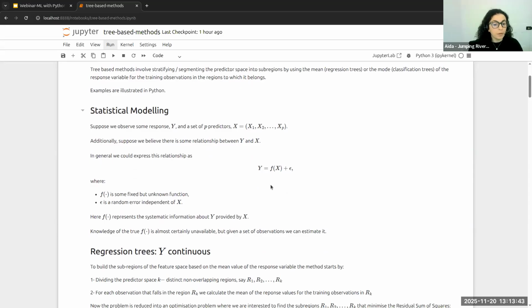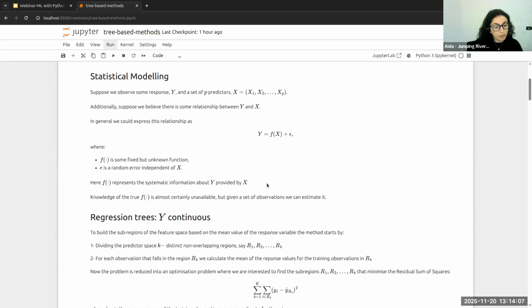And we are interested in the estimation of this function f, which could be a linear type of estimation. So the relationship between the x variables and the y variable could be linear. If it is not linear, then you can approach the problem by applying some polynomial regression or logistic regression and so on.